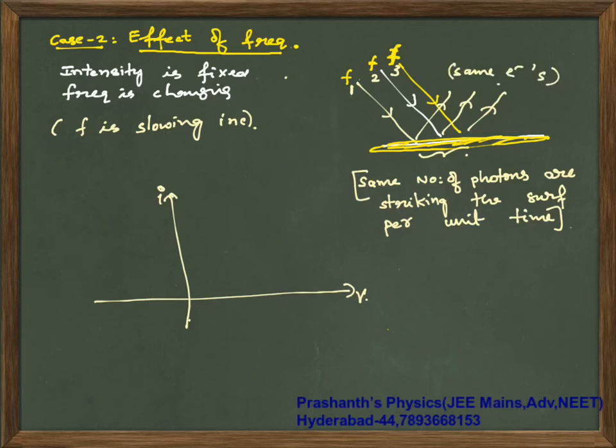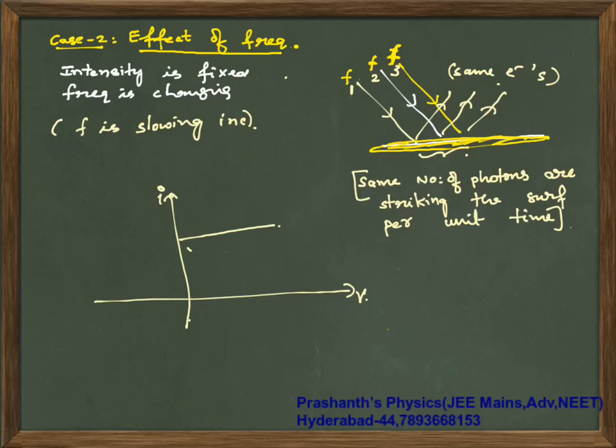So the same electrons, so your current will be the same for different ones. What is different is, on the same metal, the stopping potential graph will be the same, which is logically not possible, as I have told you. Now don't get confused here. If you are projecting different colors onto the same metal with the same intensity, that means the same number of photons are striking.